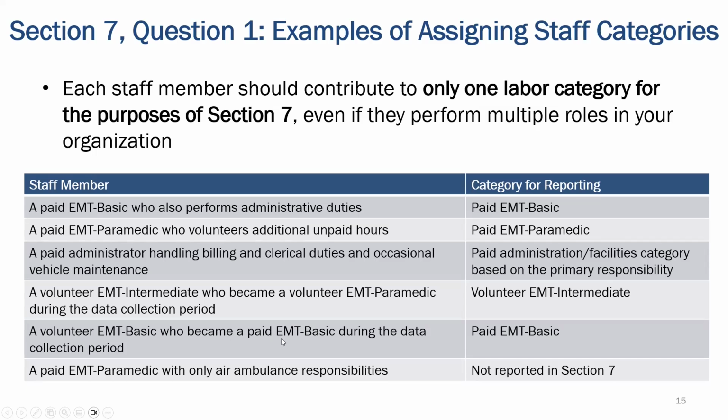Volunteer to paid transitions are always counted as paid. And then the bottom row is a good reminder that if it's a staff with only non-ground ambulance responsibilities, like only air ambulance or only fire responsibilities, they're just not included in Section 7 at all. So I encourage you to take a look at that full list of instructions and rules and the Section 7